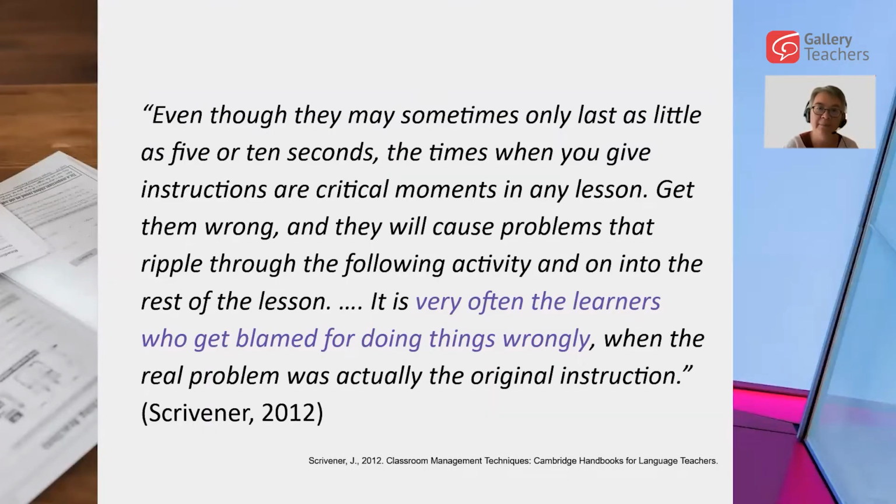I'd like to begin by sharing this quote from Jim Scrivener's book, Classroom Management Techniques. Let's look at this together. He writes, even though they may sometimes only last as little as 5 or 10 seconds, the times when you give instructions are critical moments in any lesson. Get them wrong, and they will cause problems that ripple through the following activity and on into the rest of the lesson. It is very often the learners who get blamed for doing things wrongly, when the real problem was